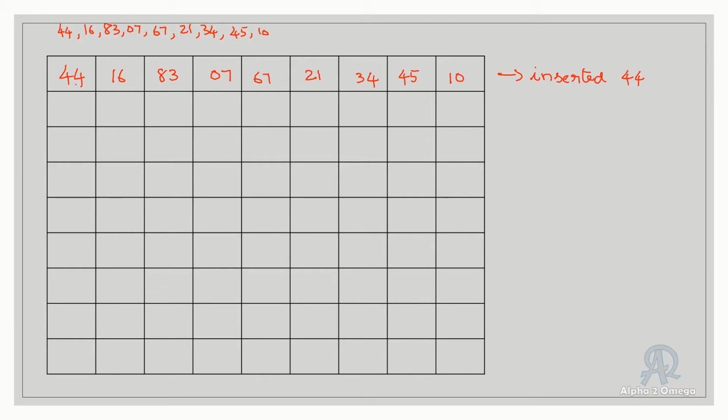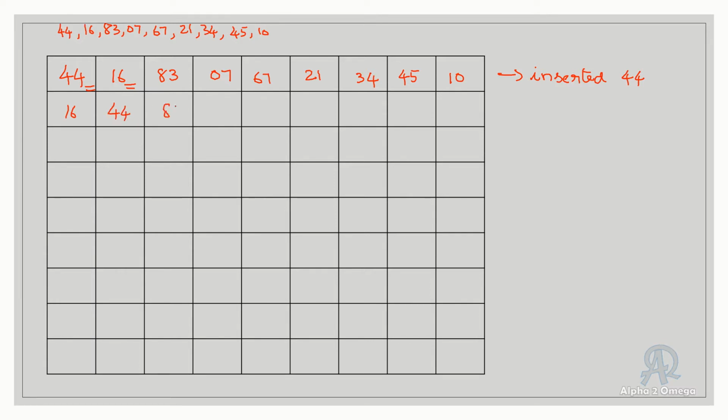Okay. Now what we are going to do is compare these two, 44 and 16. When we compare these two, this is the smaller number. The smaller number will be inserted in the first place. So when it is comparing these two, what will happen? These two will be swapped now. We should not use the term swapped here. We have to use the term inserting only because this is insertion sort. So 16 will be inserted here and 44 will go here.